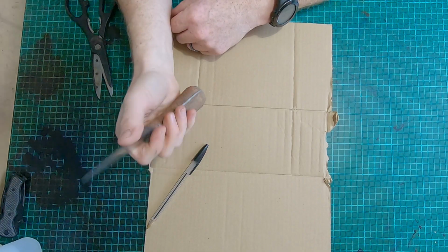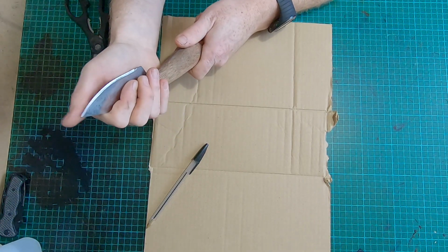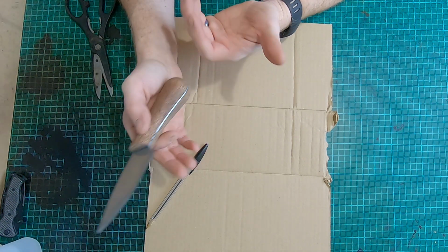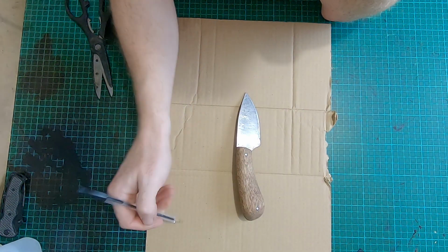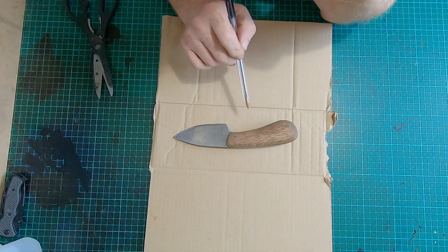So, you know, this would be quite a good skinning type knife. It would be good for game prep. It would be good for cutting and cooking. We want this to go on a belt for a start, and we're going to want a loop on the back of it now. Because of the shape of it,